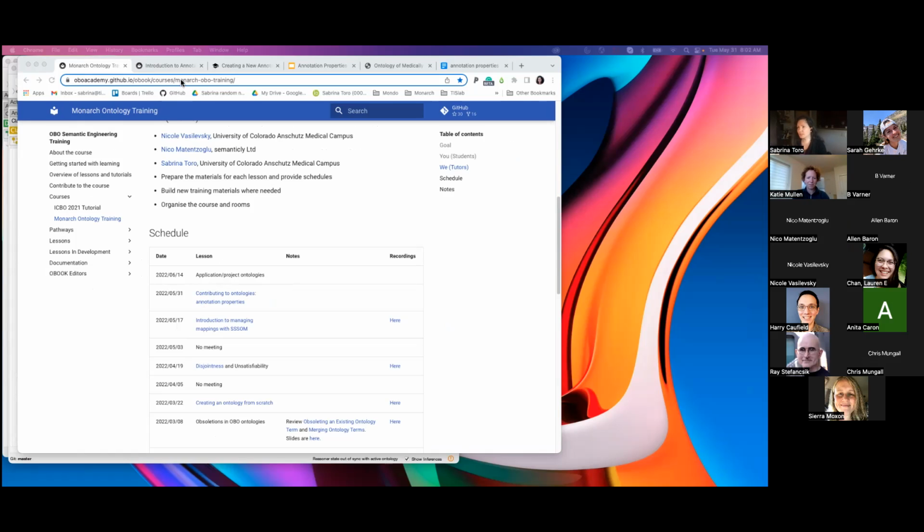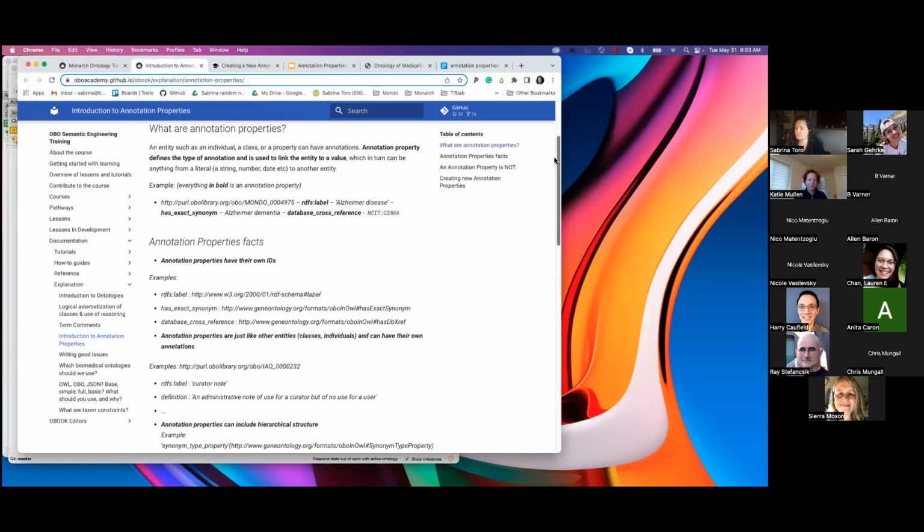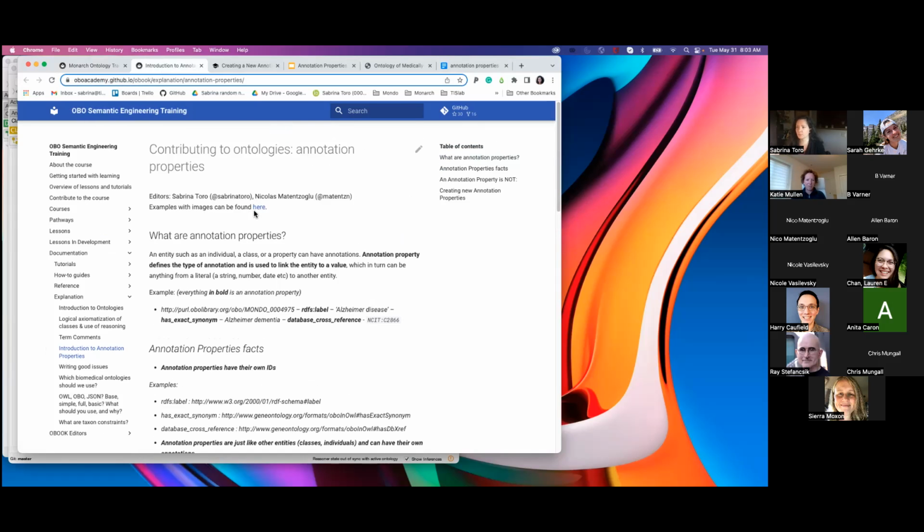We all have access to this. I can also put it in the chat here. This is our homepage where we have all the schedule. There's a link to some notes where everything I'm going to say is here, with some images that you can see here. I am not going to read this, but it is a good thing for you to have for later when you go back to this lesson. Okay, well,